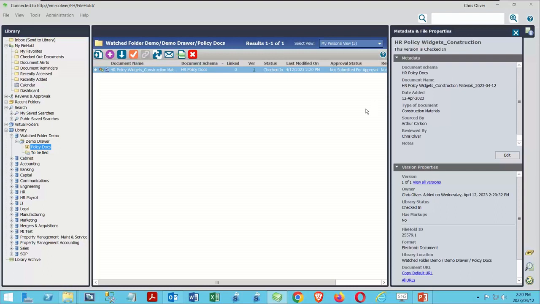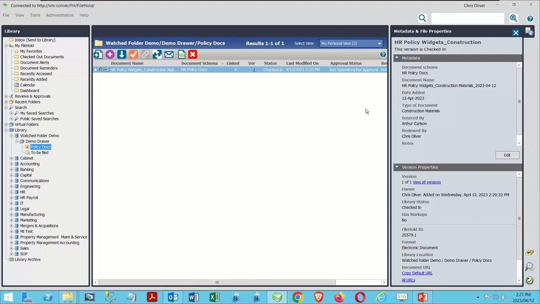So I've gone from multiple clicks to only a couple of clicks to bring that document in, which is a huge savings in the amount of time and work that I'm spending to put that document in. So watch folders are something that anybody can build. The point of them is to try to minimize work. If you find there's more work, I would never build a watch folder for something I was only doing once or twice. I do things for watch folders like when I do a training session and I train people, I